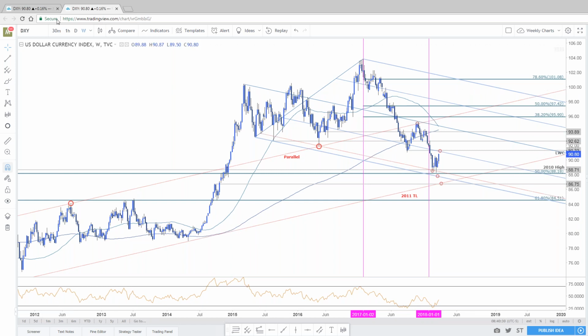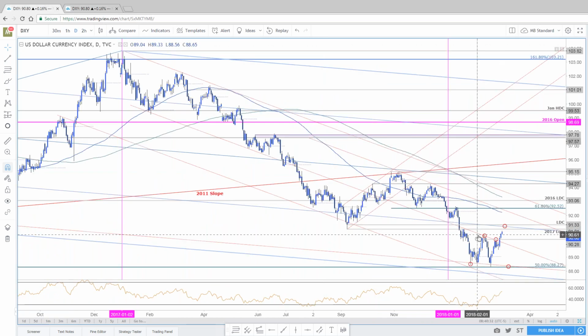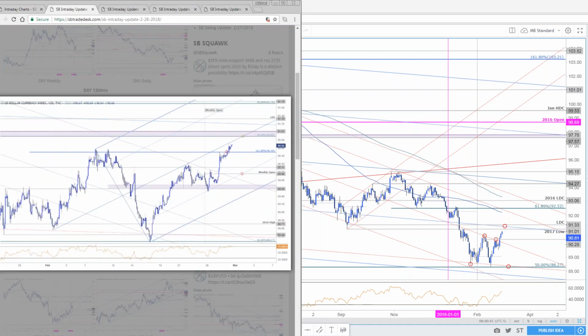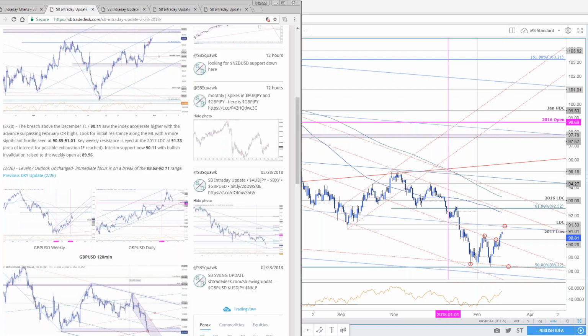So a little bit, again, the break above the monthly opening range, break above the weekly opening range, break above slope resistance, whatever you want to call it, leaves the focus a little bit higher. So for Euro, that's coming into support, and we'll go over that in a moment. I do want to go over an order that we covered last night, and the other one was Sterling. This was a tough call.